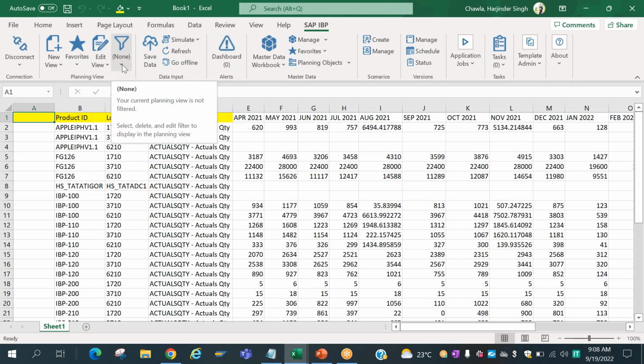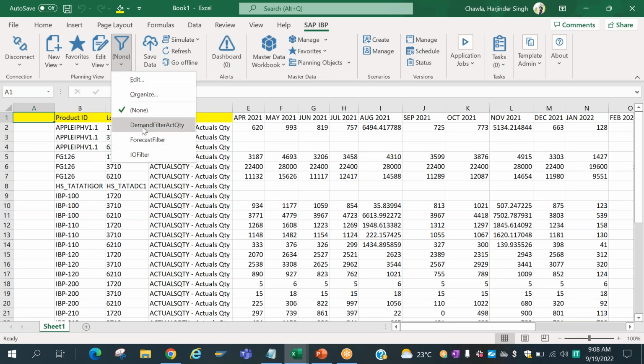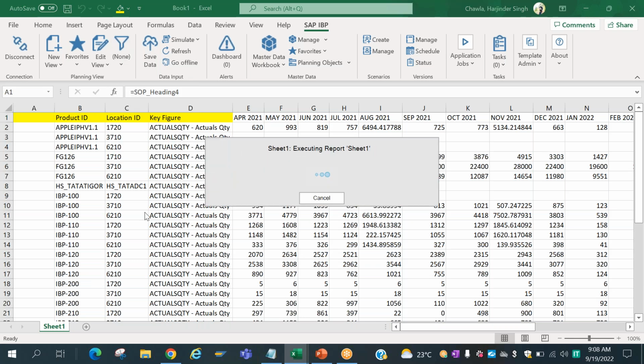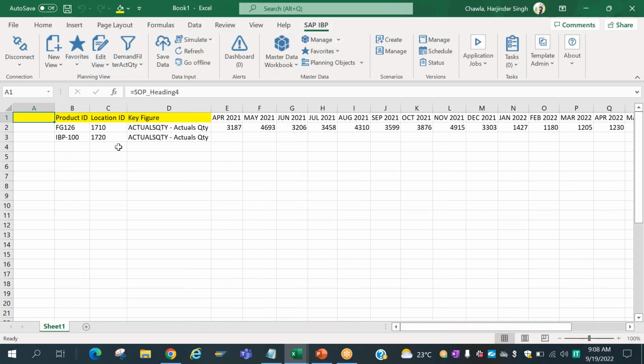Another advantage of saving is that we just saved one filter, so I can select it from here itself. That is a little shortcut. It shows whatever definition we have given in this filter. Next is the save data button, we will continue from here.